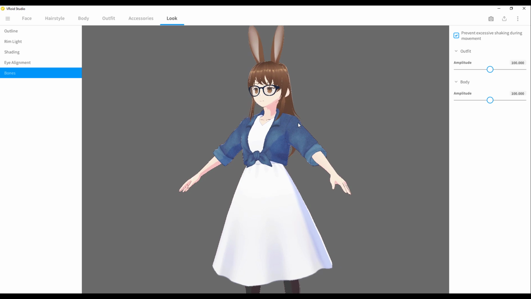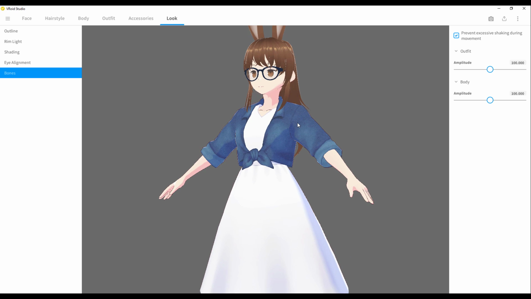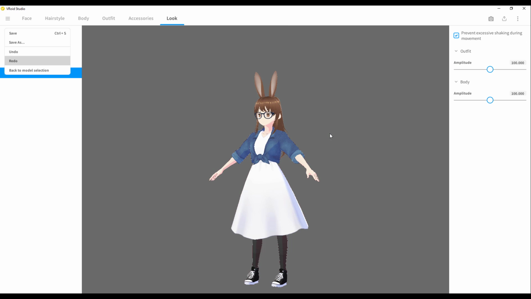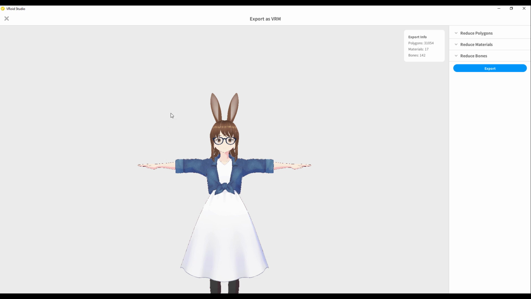Now for the best part: what if you're done and you'd like to export these and take them over to an app like Blender? Of course you can. All you need to do is click on this tiny button here, and you can export, or you can upload this to the VRoid Hub. I'm just going to click on export as VRM, and this page would simply open.